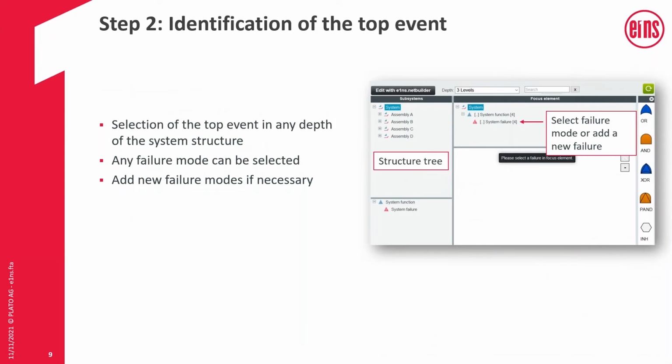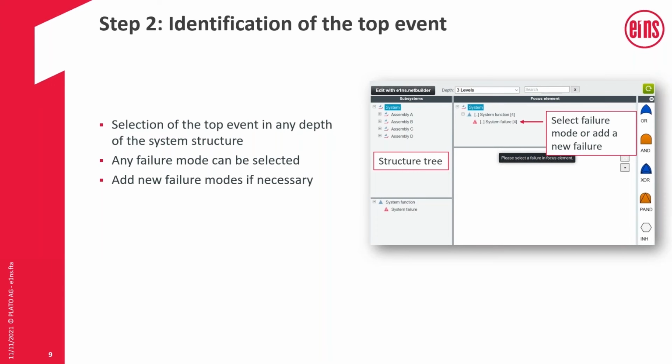Okay, fault trees can be started at any level of our system structure. Normally, of course, we should start top level, but you can also start developing smaller branches of a fault tree, maybe starting on a sub level. So the sub trees from lower levels are integrated directly into the higher level system element trees, if the corresponding links have been created. The failure mode selected on the focus element will be always used as our top event for the currently processed